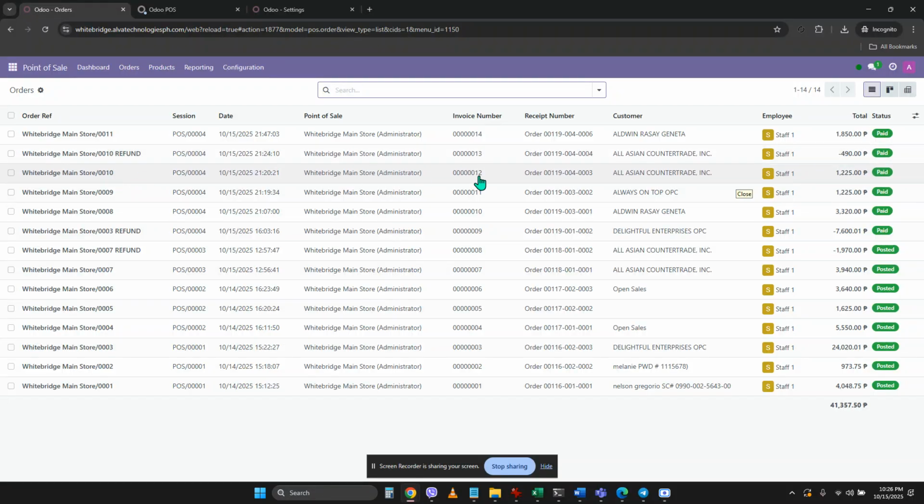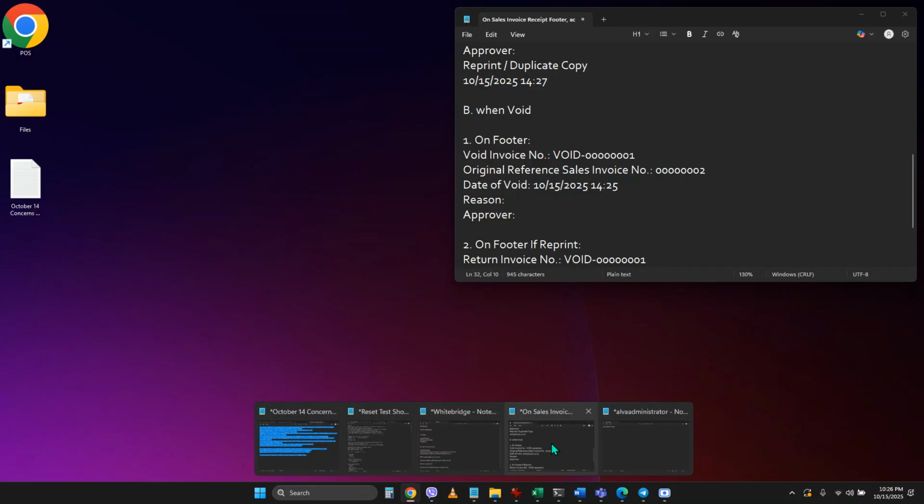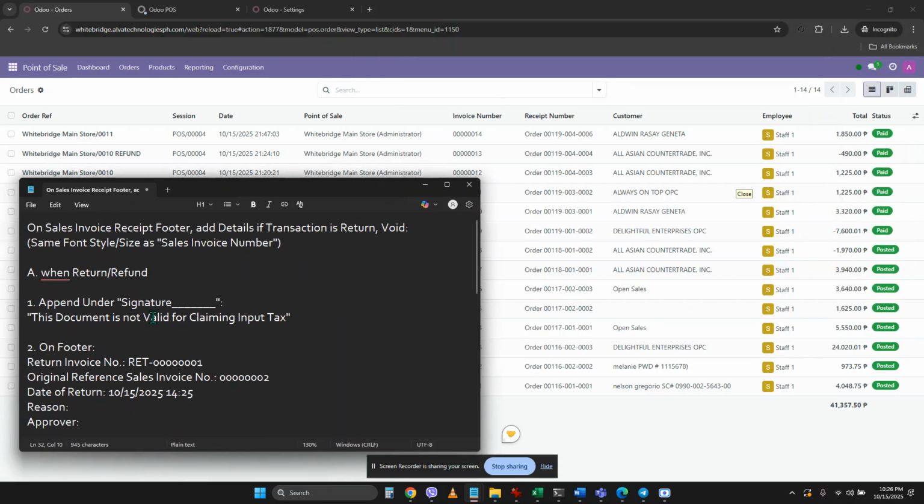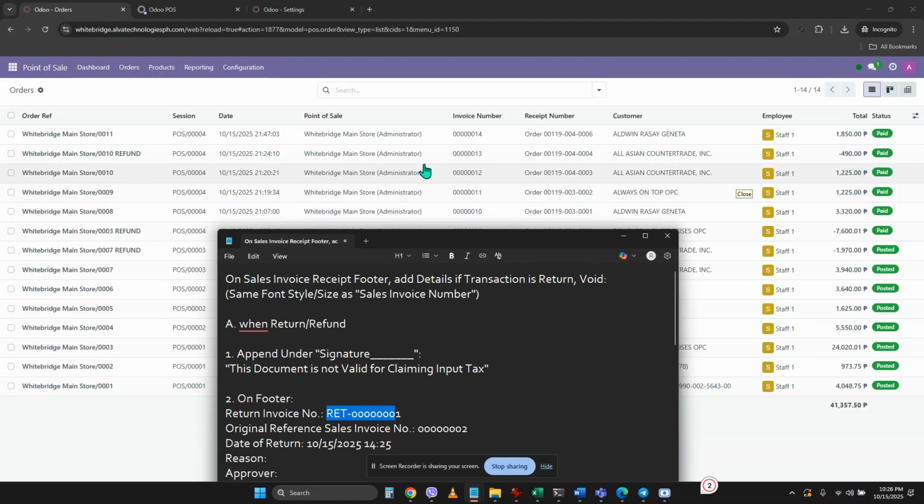But on the reflection on the invoice number, it must reflect the return invoice number, RET, not increasing the invoice number.